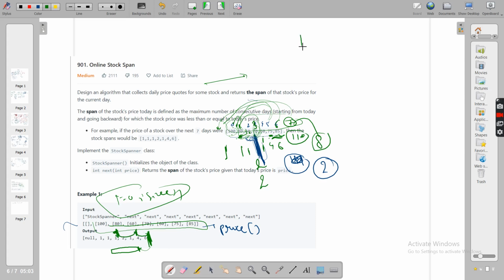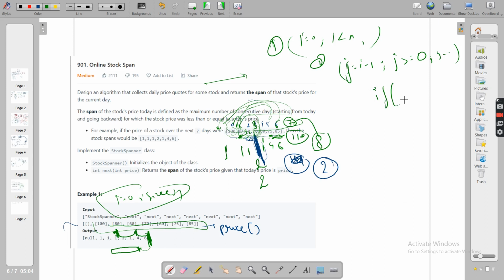So you will start a loop from I equals 0, going to I less than n. This was your first loop. The second inner loop will be j assigned I minus 1, and since this is an array you can go till the 0th index, with j minus minus. So where would you stop? Let's call the price p, a simpler name.